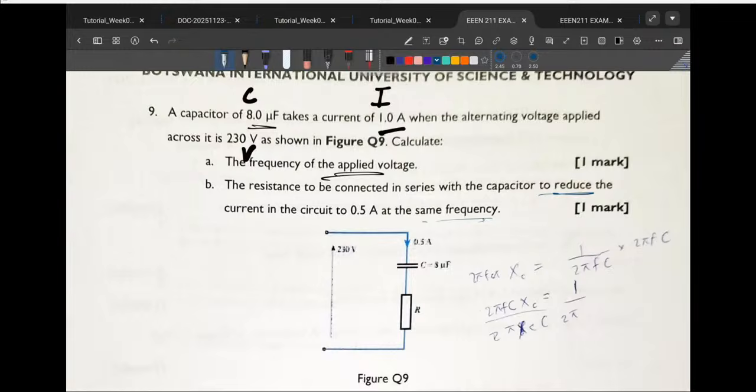They can ask you to say what is the frequency of the applied voltage. This is a very, very common question. So you guys should get used to this question if you are ever asked, so that you can be able to quickly solve it. Okay? Because here